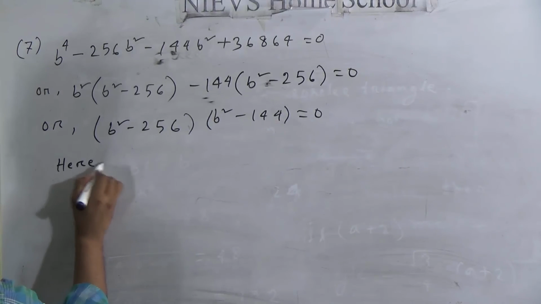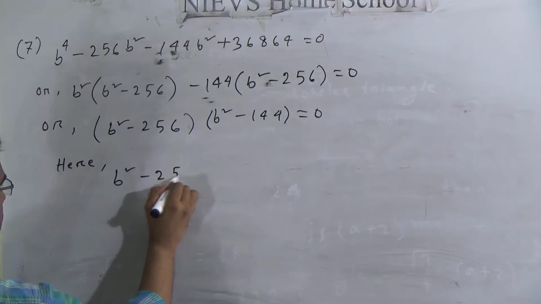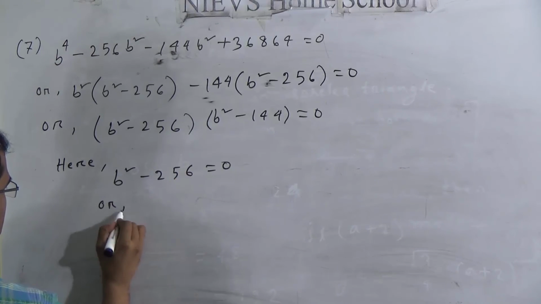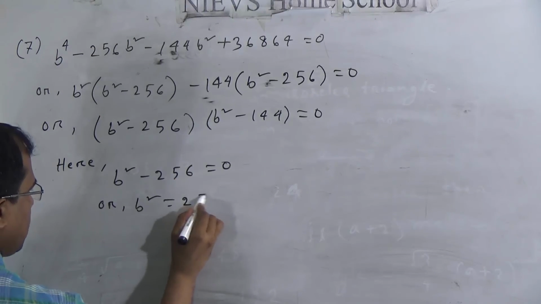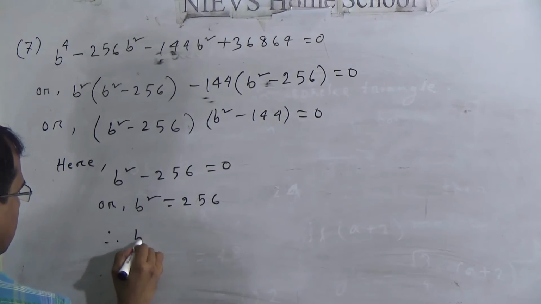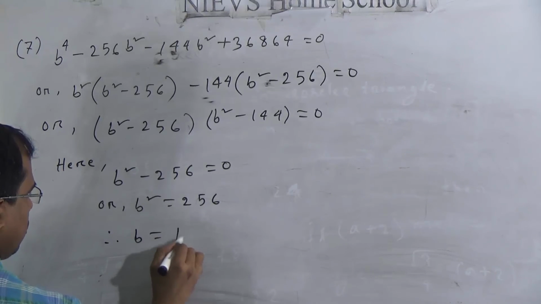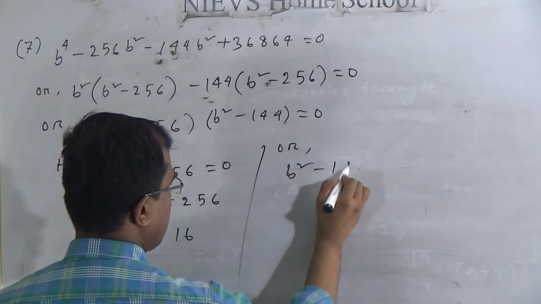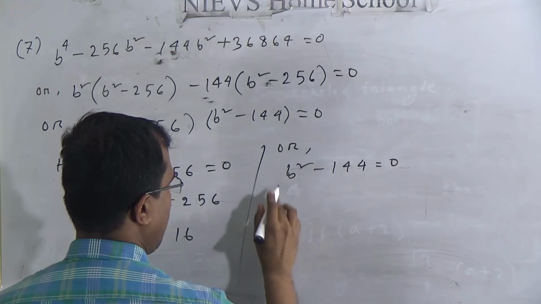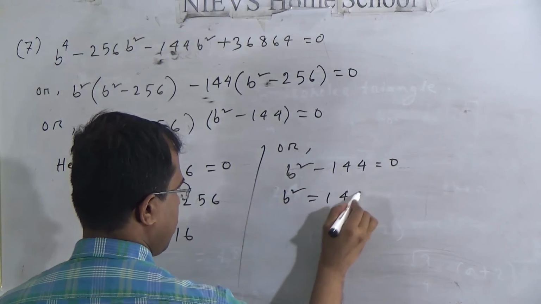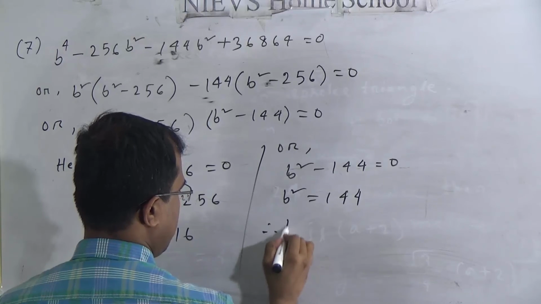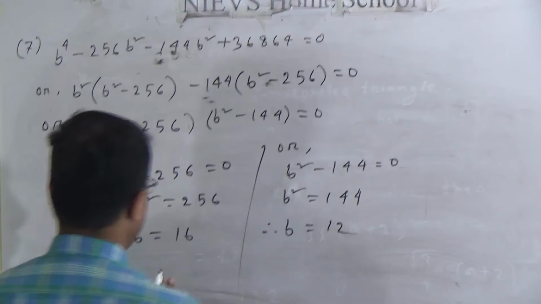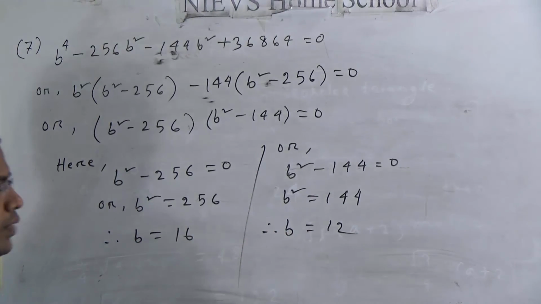Here B square minus 256 equal to 0, or B square equal to 256, or B equal to 16, or B square minus 144 is equal to 0, B square equal to 144, therefore B equal to 12. Here value of B is 16 or 12, both answers are valid. So therefore the length of base is